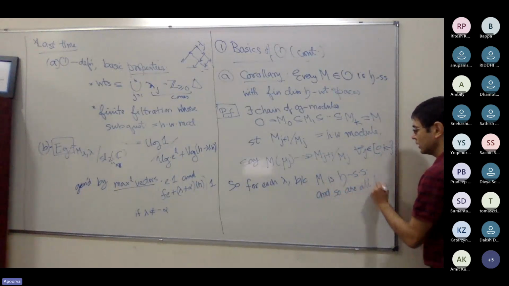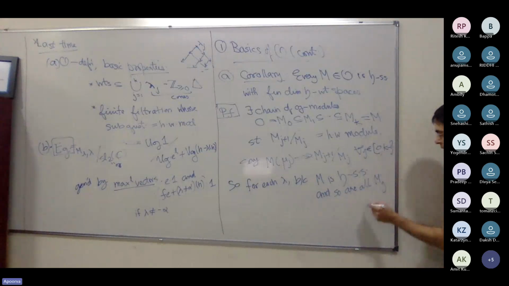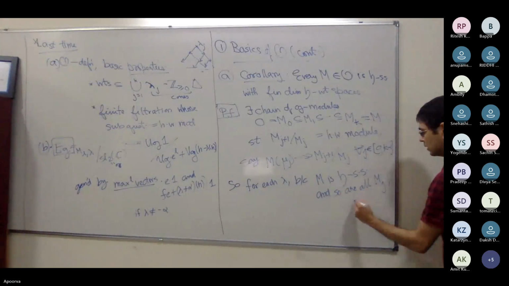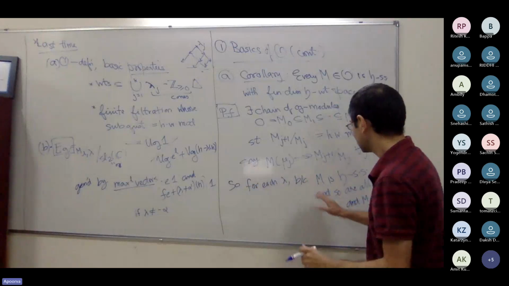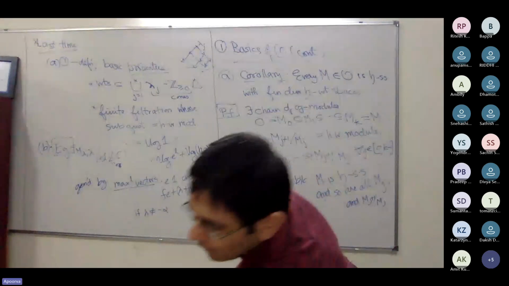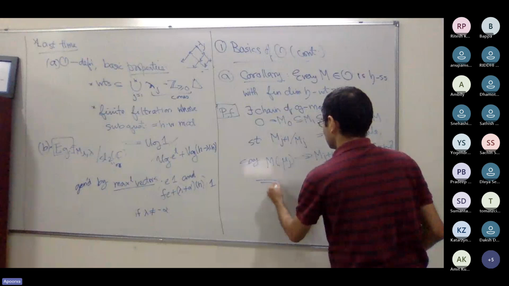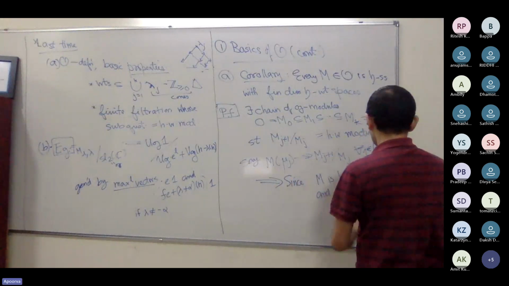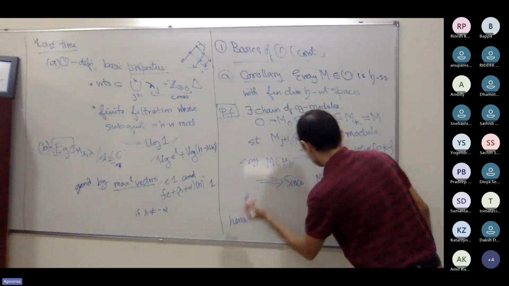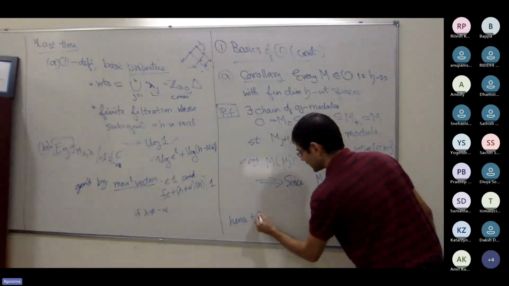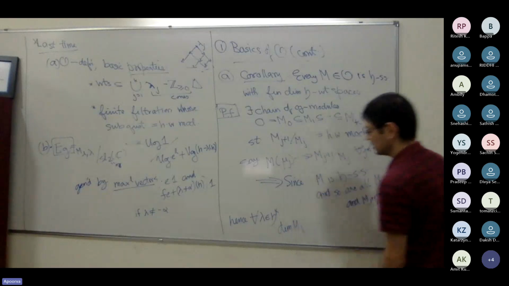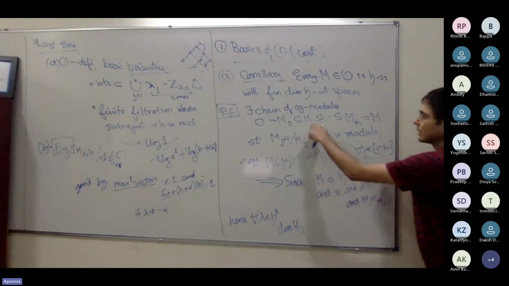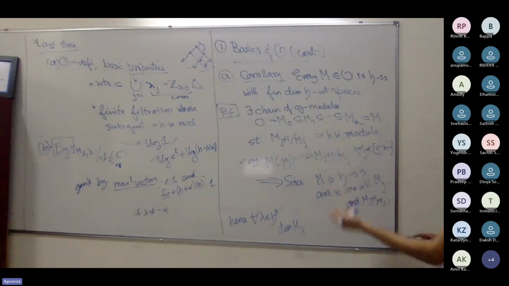That we saw last time, right? And hence Mj+1 mod Mj as well. All of these modules are semi-simple. So because of that, for all lambda in h star, the dimension of M lambda is literally going to be